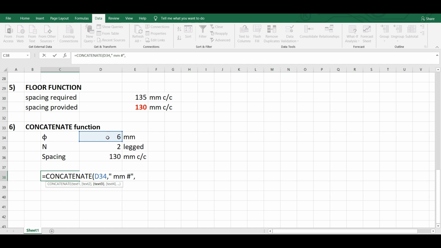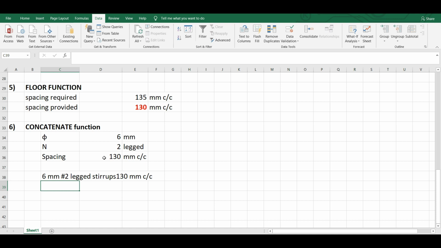So I will write here 2, then in the double inverted comma, legged, two-legged stirrups at the spacing of 130 mm center to center. Close the bracket and press enter.